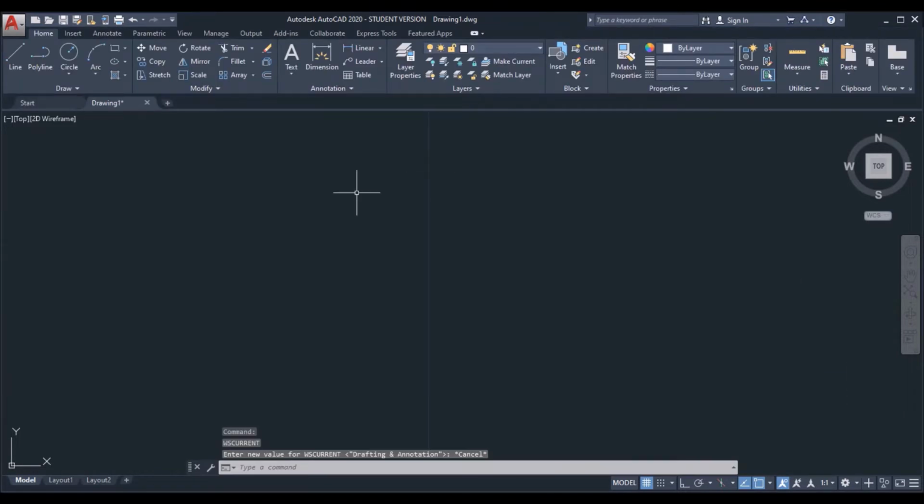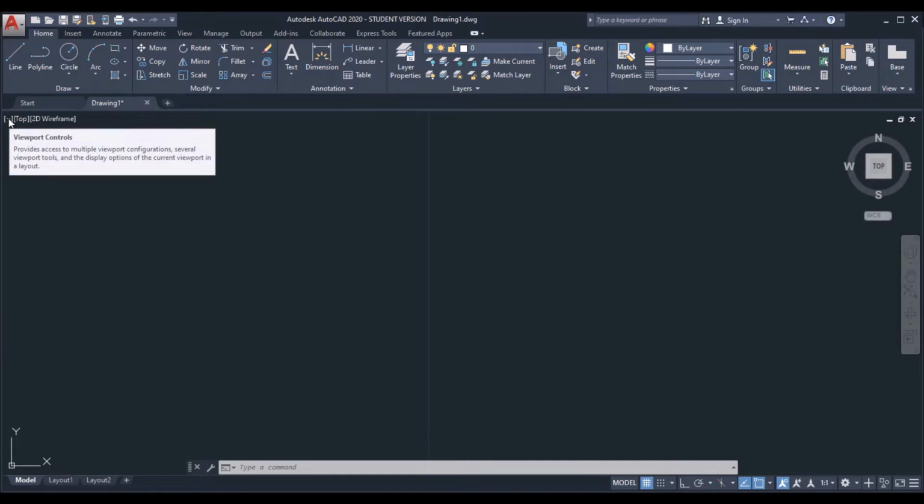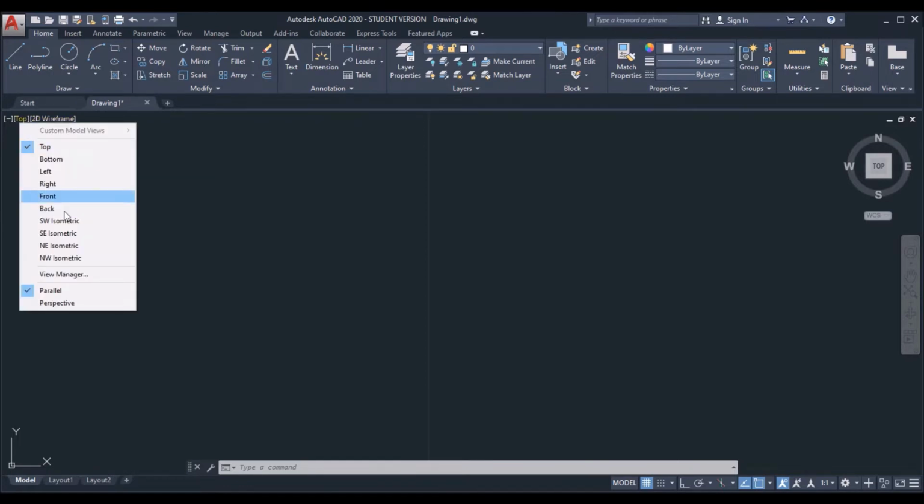The tools in the workspace have changed because here we have only 2D draw commands. Okay, so this is about the viewport controls, and these are the view controls, and these are the visual style controls. Coming to view controls, we have a total of 10 views.